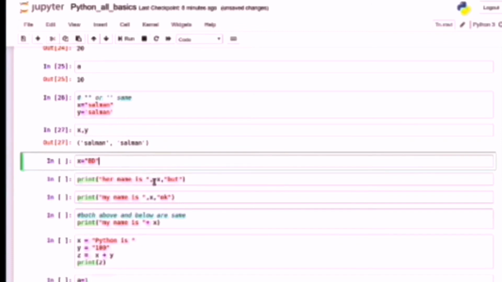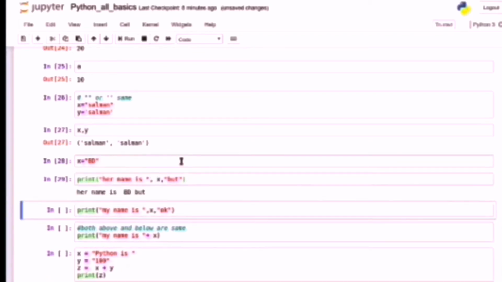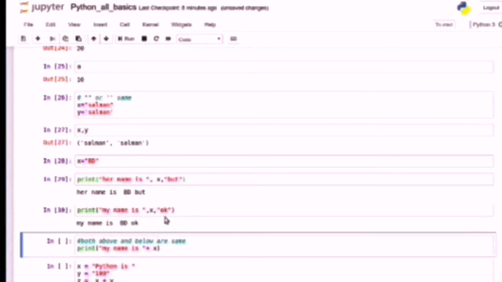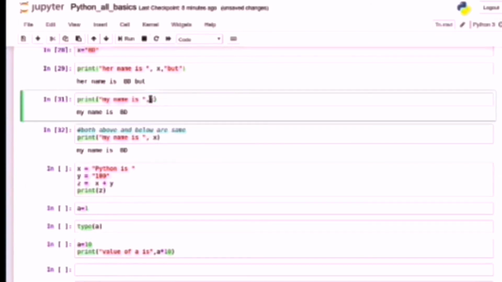Next, you can give letters also, not numbers only. x is equal to saloon, so we get the output saloon. Next, print her name is, and x comma, and we get the output her name is saloon. Both are the same.